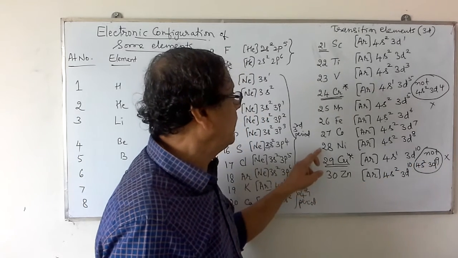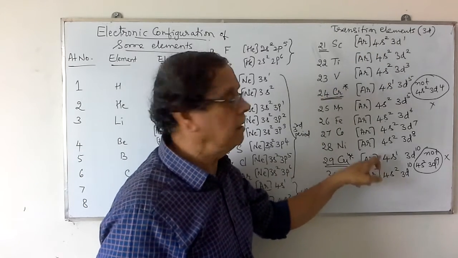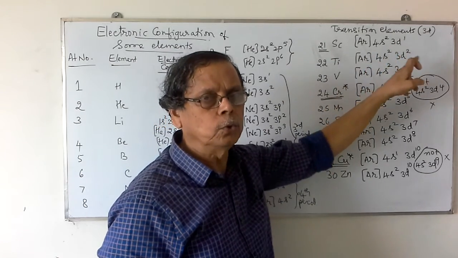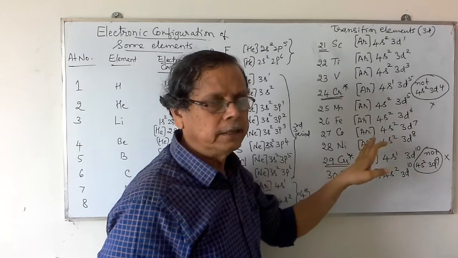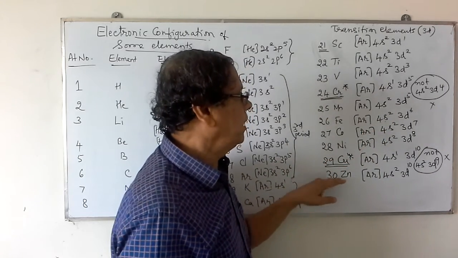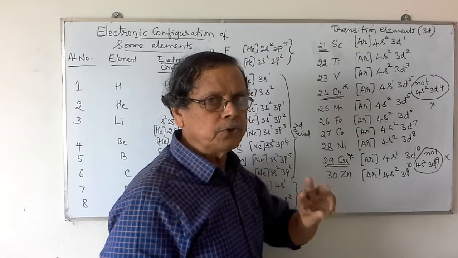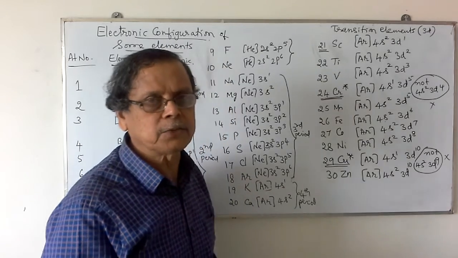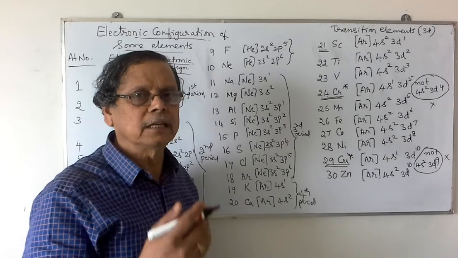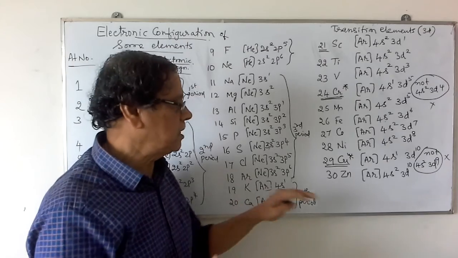Up to 28, excluding 24, we can write the outer electronic configuration based on the atomic number itself. 21, 2, 1, 22, 2, 2, 23, 2, 3, like that. Except for chromium, copper and zinc. So this is the configuration up to the first transition series, that is 30. Now using those rules, we can build the configurations for the remaining other elements also. So that is not required for our topic. So we shall restrict ourselves up to